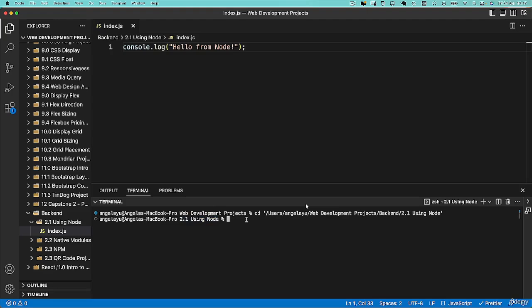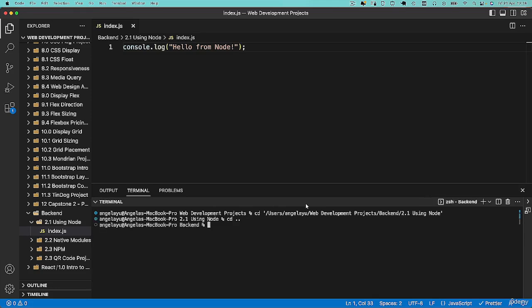Now that I'm here, I can use the node command, and instead of just writing node where we enter the REPL, I'm going to type in the name of my file. And one of the things that a lot of developers do when they are trying to access different files, etc., is you can actually just type the first few letters, hit the tab key on your keyboard, and it should autofill the rest of the file name. On one hand, this is really great because you didn't have to type out the rest of the file name, but on the other hand, it's also a sense check for figuring out whether you're in the right directory,